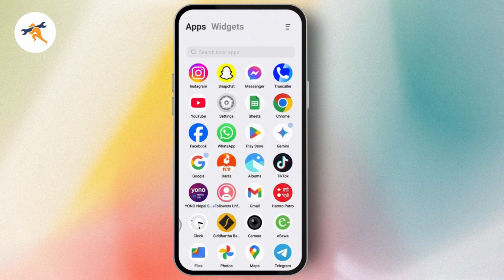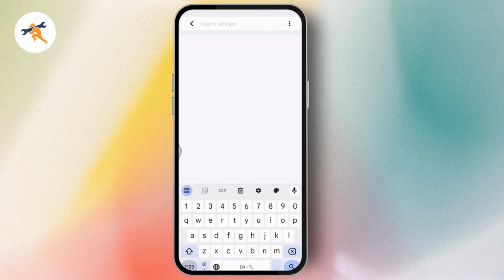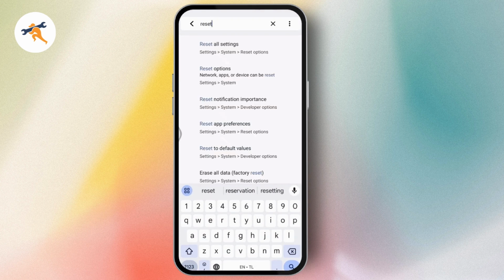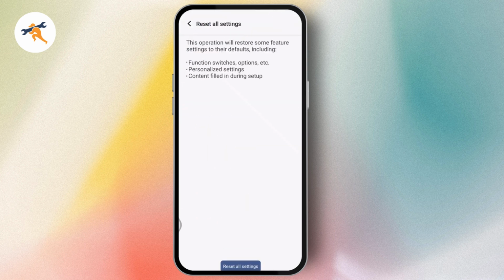So you can go with your settings and you can go with search, which is on the upper right, and you can search for reset all settings. Tap on reset and then tap on reset all settings and tap on reset all settings again and go with reset all settings, which is on the bottom. Once you reset, your problem will be